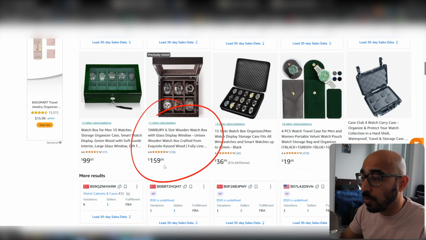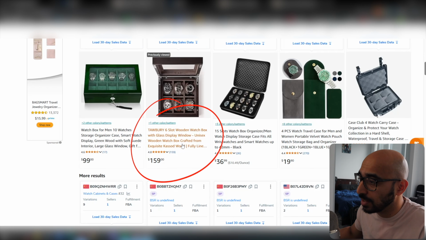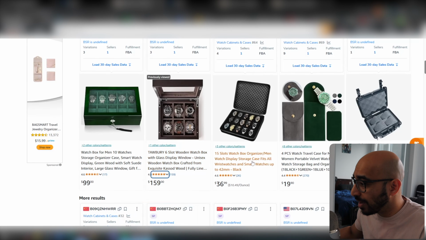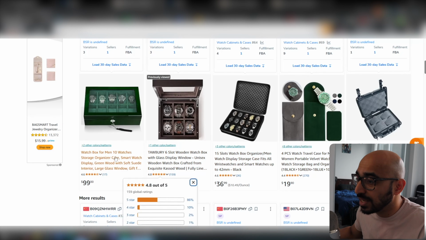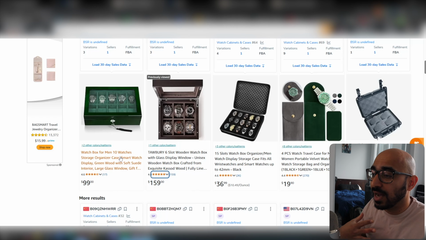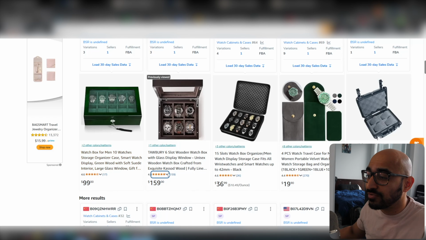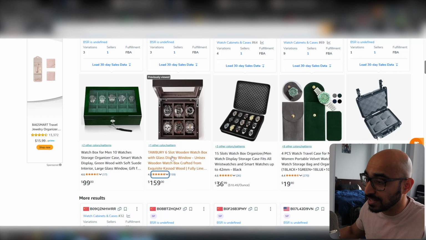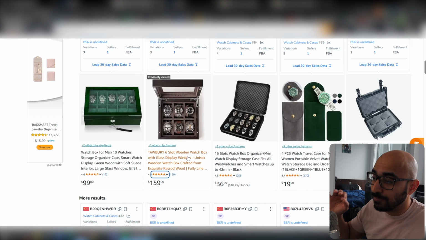I have a wooden watch box myself, and this would be a great product to show up for my product listing. Now, it's very important that if you have a lot of variation in your main keyword, my main keyword being watch case, for example, the variations are wooden watch boxes, travel watch boxes, leather watch boxes, 10-slot, 8-slot, whatever, and so on and so forth. Mine being 6-slot, I really go after the ones that are the most similar to mine. So I'm 6-slot wooden. This is a 6-slot wooden. I would definitely bid